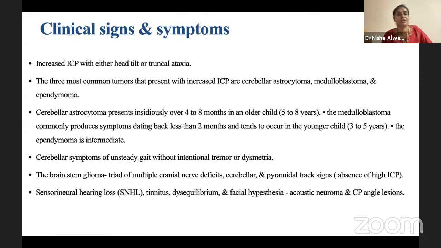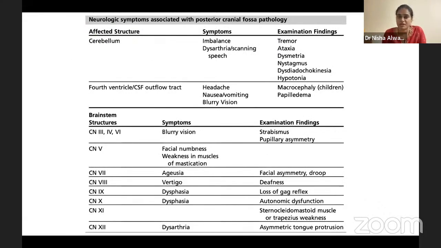You see there's a triad of cranial nerve deficits, cerebellar symptoms as well as cerebral tract signs because of the ascending and descending tracts which are seen there. When it comes to vestibular schwannoma or even a CP angle meningioma, in these conditions we find there is involvement of the fifth nerve and seventh nerve, and the patient presents with hearing loss. These are the various structures. It's not only the cerebellum and the brainstem, but it is also the cranial nerves, which can cause various presentations which we need to be worried about.